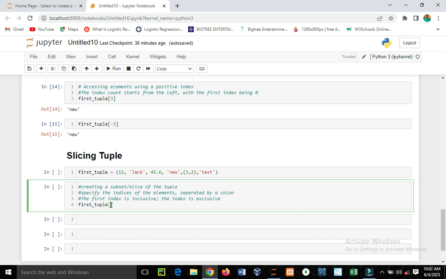Now I want to access the range from one to four. So this is 0, 1, 2, 3, 4. This is the index number 4. So I want to output the elements within this range. We don't want to cover up to this one, we want to cover up to this range. So what we have to do is include it from